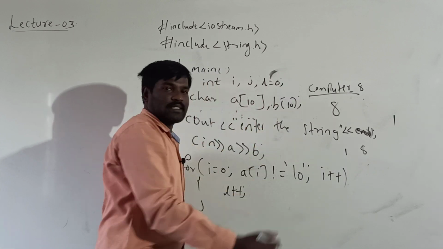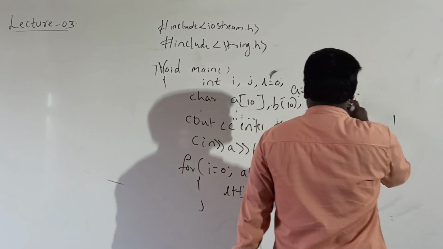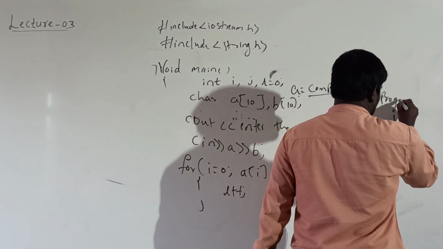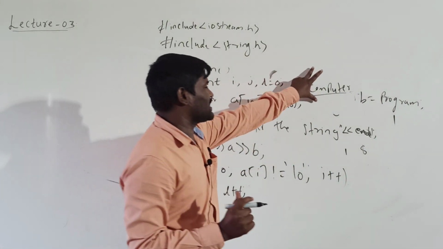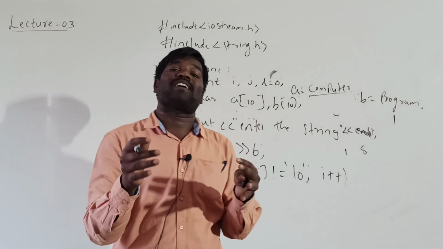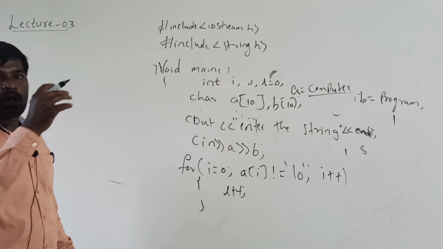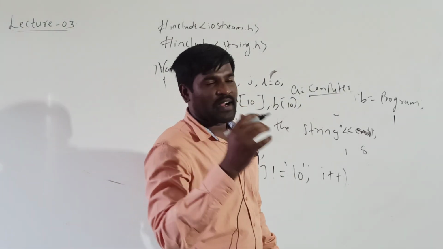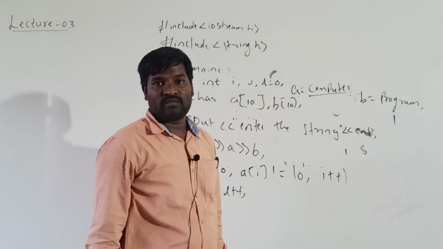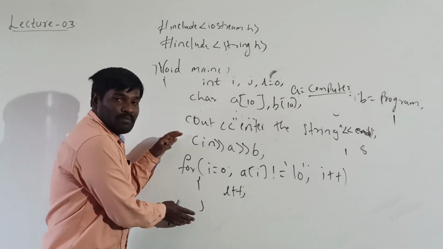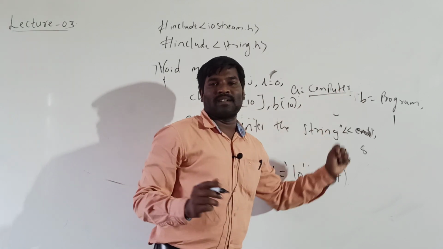L is equal to 0. Here the A value is computer and the B value is program. The result should be computer program. Here A is different and B is different. Now you have to combine them with the help of a program, and then it will give the result as computer program. If you want to join, first we find the last position of the first string. Here the first string is A. Once it is executed, the L value becomes 8, because the number of characters in computer is 8.